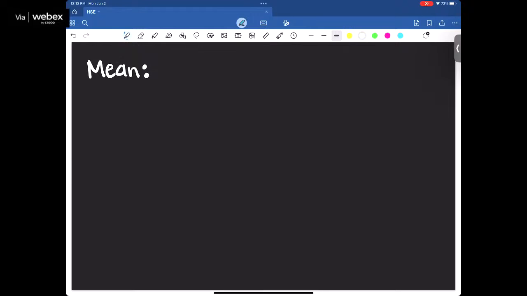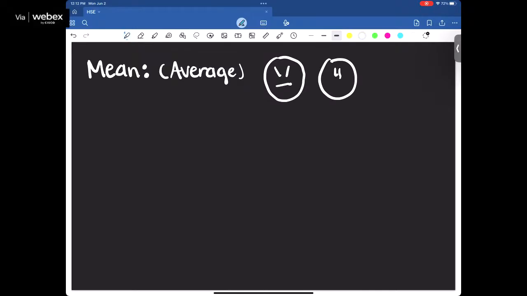Mean is also called the average. And the way I like to remember that is the average person in Texas is mean. You're above average. I'm sure you're very nice. But what is it really to find the mean? We see mean when we have a set of numbers. For example,